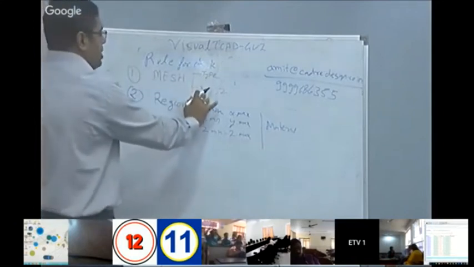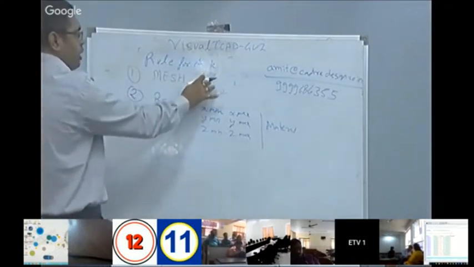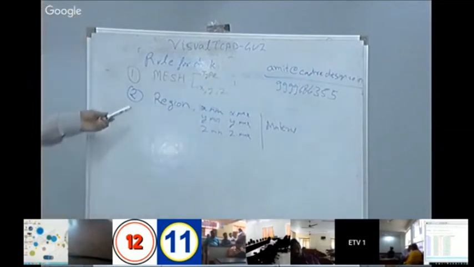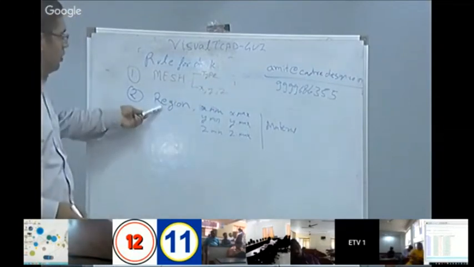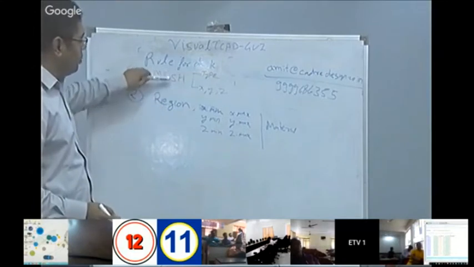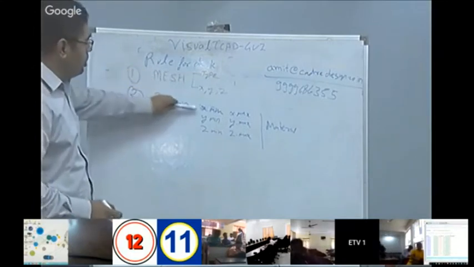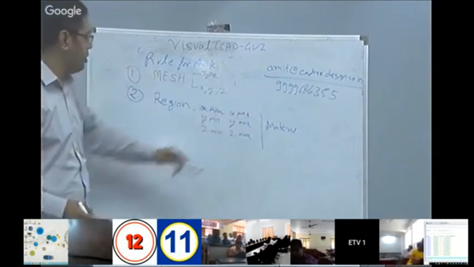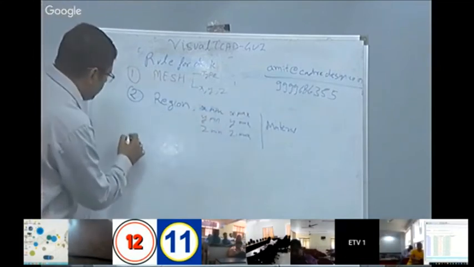We define the mesh type and give the mesh in x, y, and z dimension. Then we write regions in this meshing, on which region we want to fill which material. Then third,